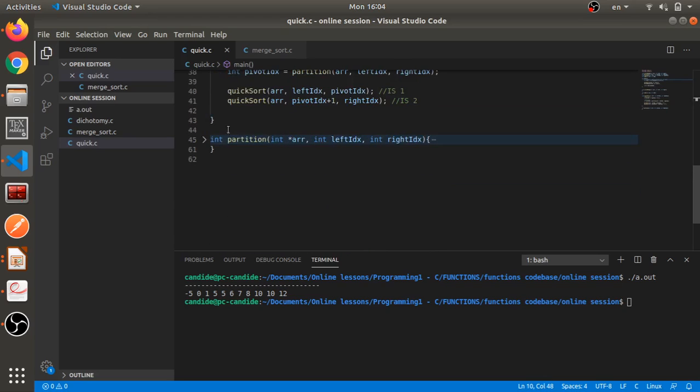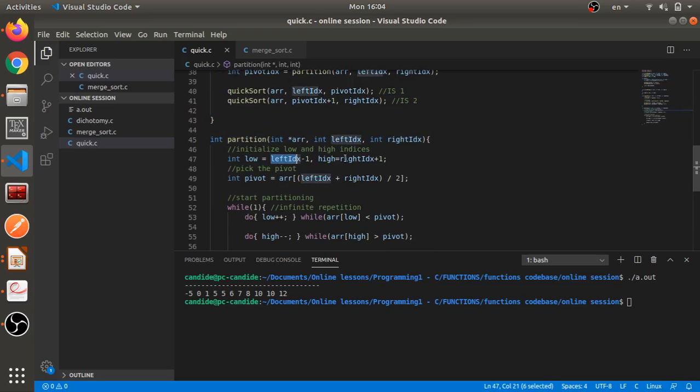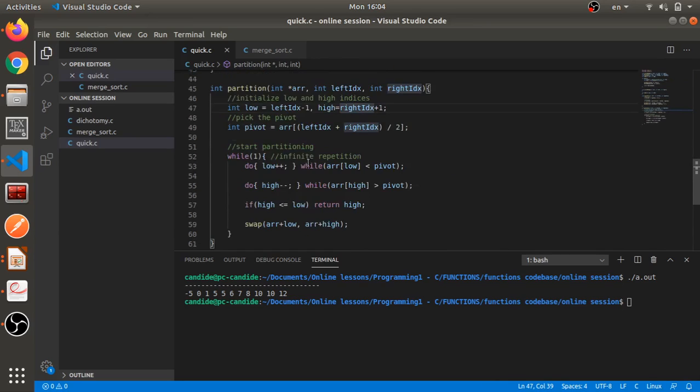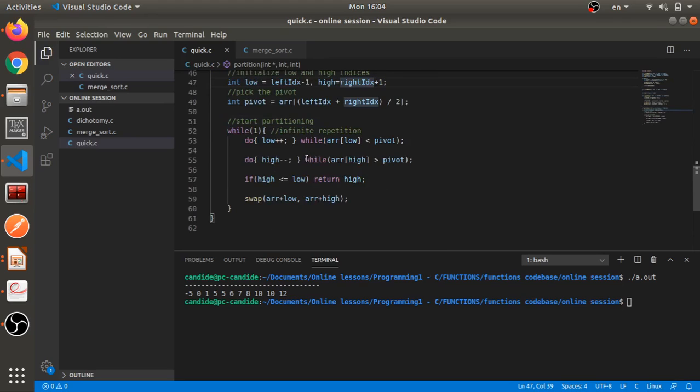As I said before, you can start this one from left index and this one from right index, but in that case, we have something that we are supposed to consider. The first one is that instead of using do while, we will use while repetition here. And then we have something else to check before we continue. After we swap, we have to increment the low and decrement the high indexes as well, because otherwise,